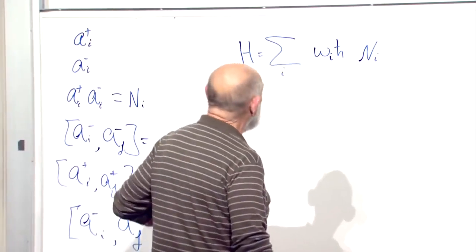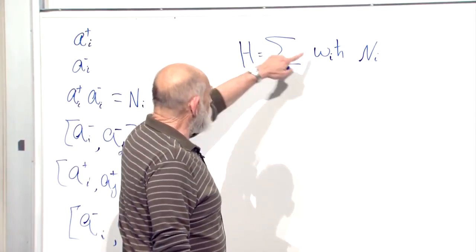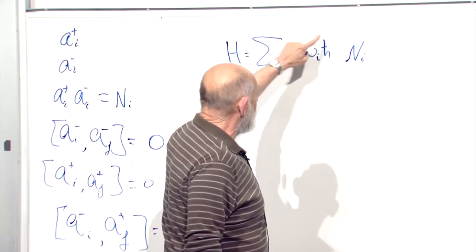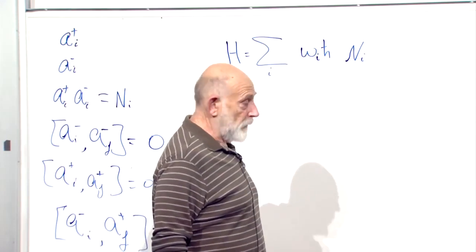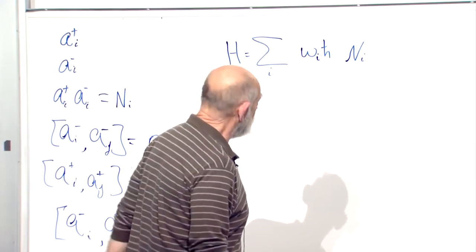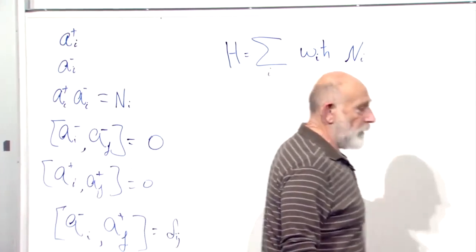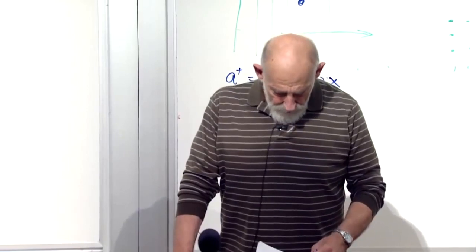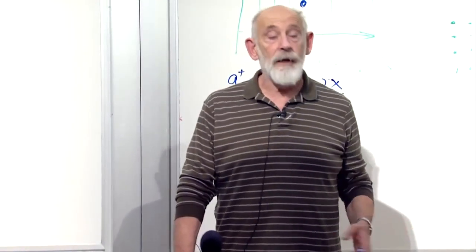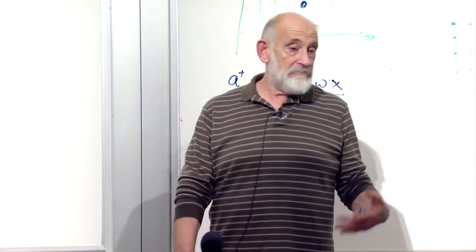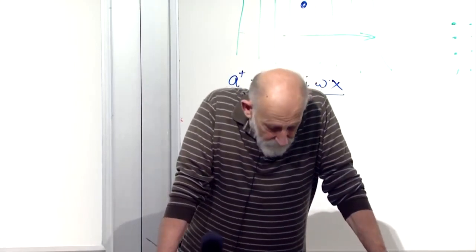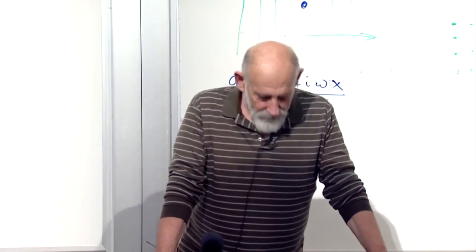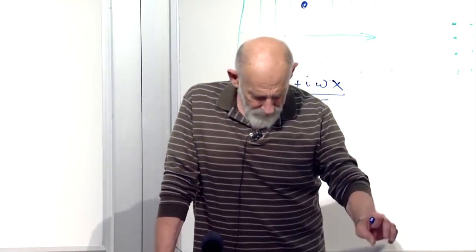Well, we'll find out. But this says that each oscillator has an energy proportional to its occupation number times omega, times its frequency, with the h bar being there. There is the extra half of ground state energy. I want to ignore it. It's of no interest, plays no role. It's just an additive constant. Additive constants in energy don't make any difference. Okay, that's the whole theory, if you like. Well, not quite. Not quite.